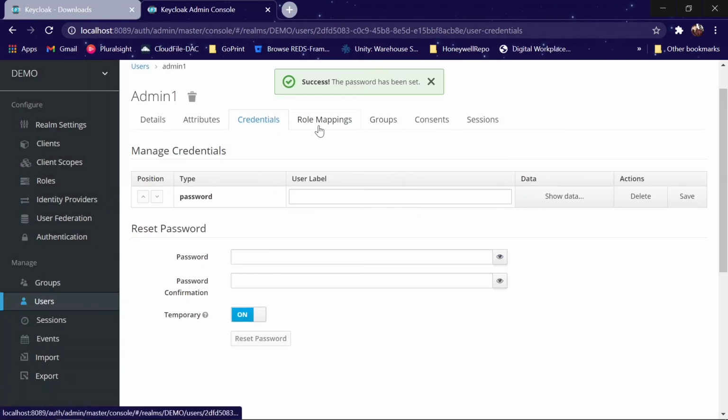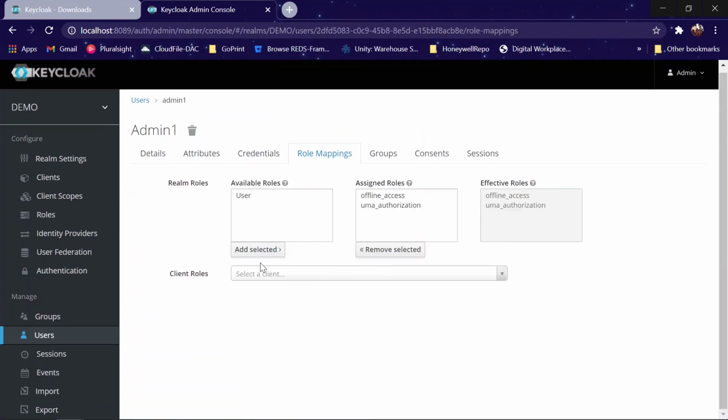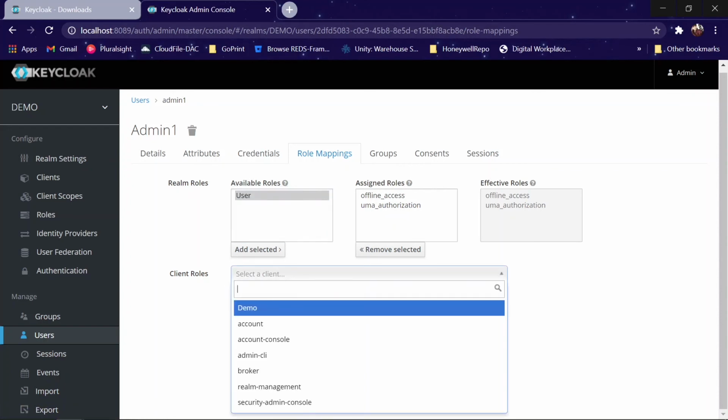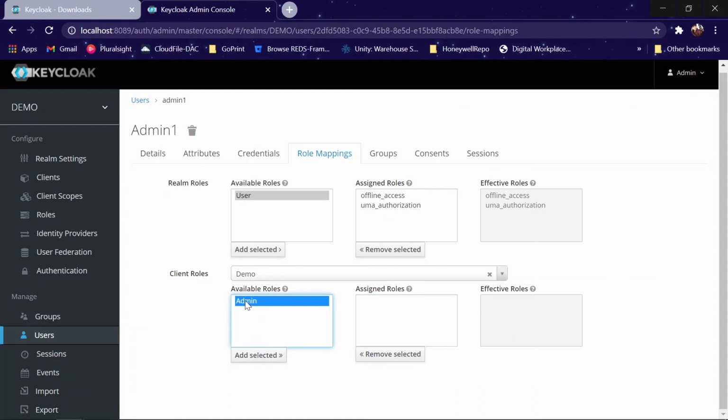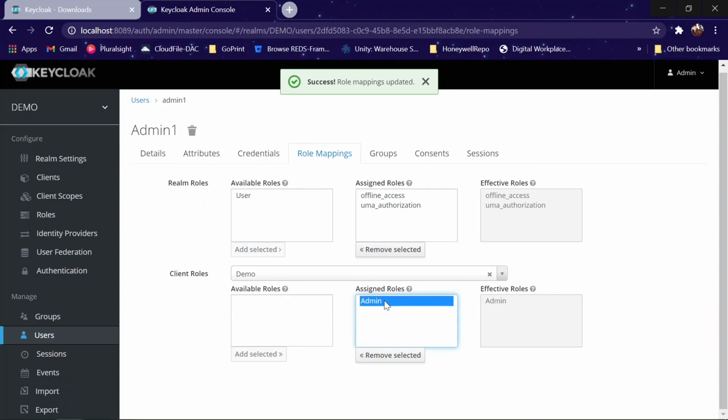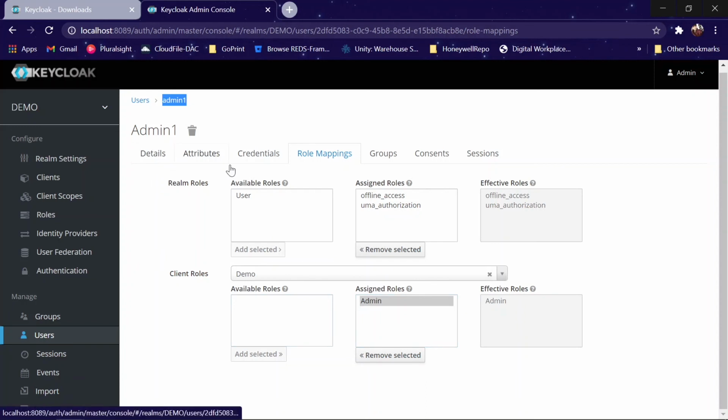For the time being, here you can see the role mapping thing. This is the most important thing. Okay, so see there is a realm. Right now we have made this user in the realm, as I've told you. Okay, so we are going to take our demo here. In that we have defined the admin role. Okay, so we will select that role and it is assigned to that user. So our admin 1 user is being assigned a role of which one? Your admin client.